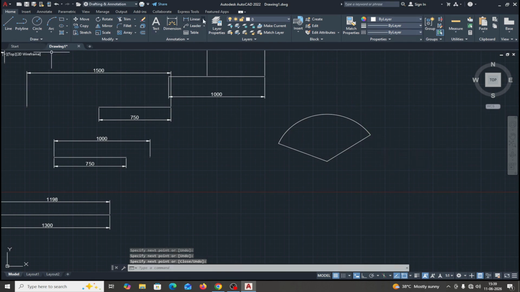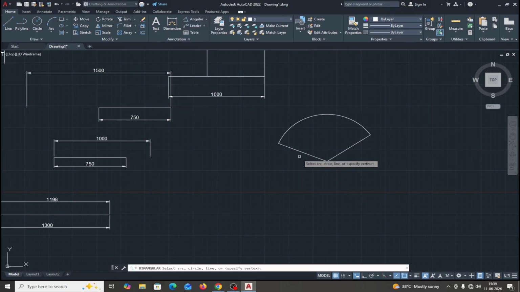If you check the angle of this one, this angle is 124. Okay, now modify, lengthen command,